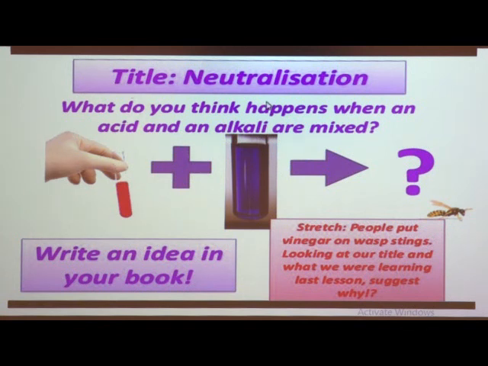So here, what do you think happens when an acid and an alkali are mixed? What do you think an acid and an alkali mean? Alkali is also known as base. So when we add this acid and alkali, what happens there? Here you can see one test tube is there and another test tube is there. One test tube has a red colored solution and the other has a purple colored solution. When they are mixed with each other, what type of substance will we get? Let us find out.